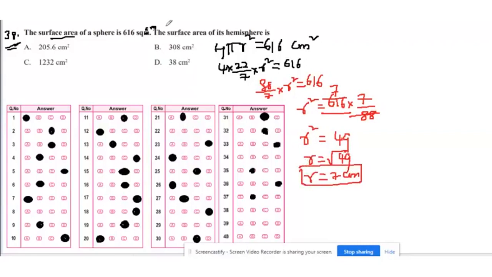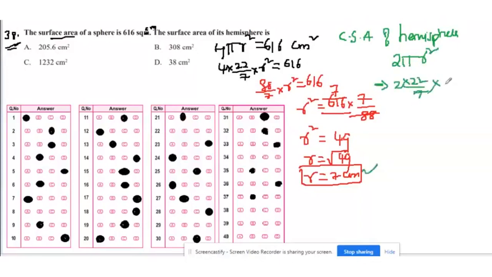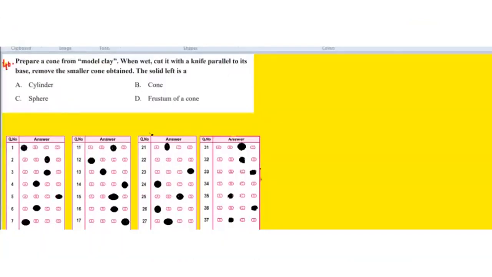They are asking to find the curved surface area of a hemisphere. We all know the formula: the curved surface area of a hemisphere is 2 pi r square. We know the pi value, and we know the radius we just found, which is 7 centimeters. R square means 7 times 7. So 7 gets cancelled. 2 into 22 is 44. 44 times 7 is 308 centimeter square. Always area is calculated in centimeter square. So the correct option for this question is